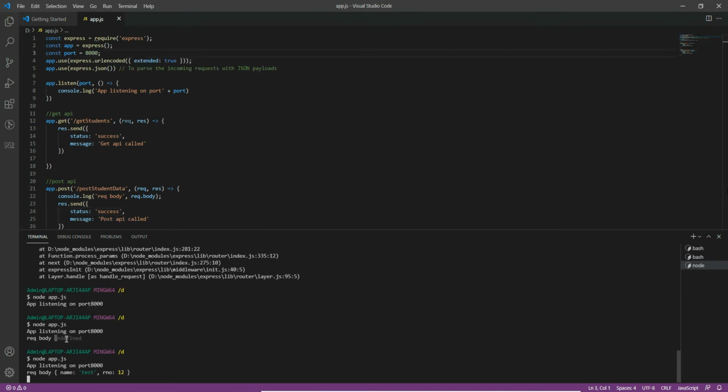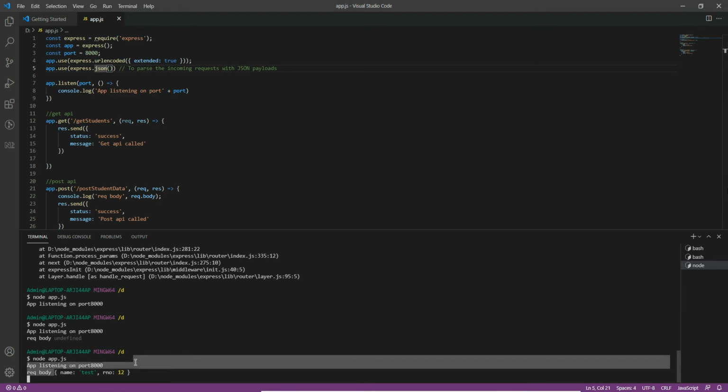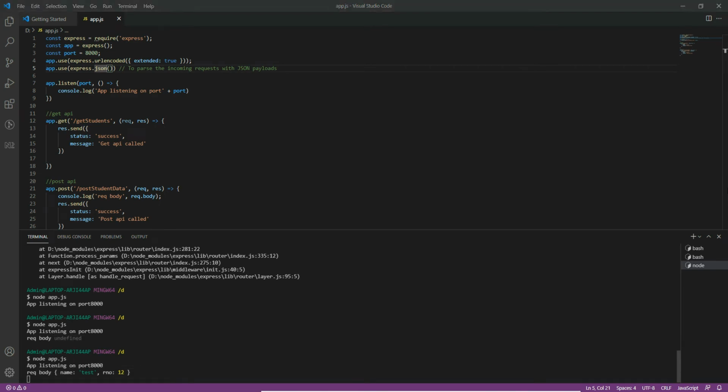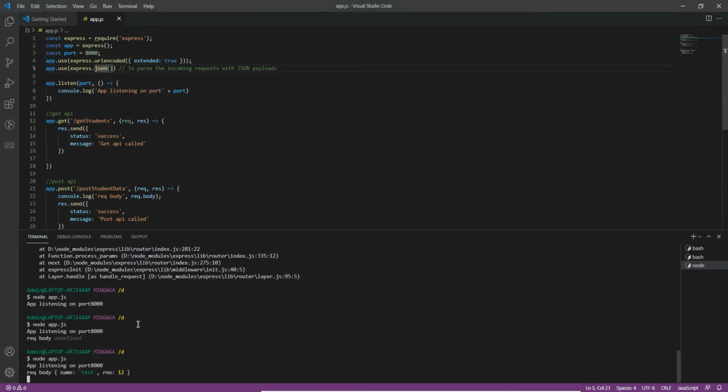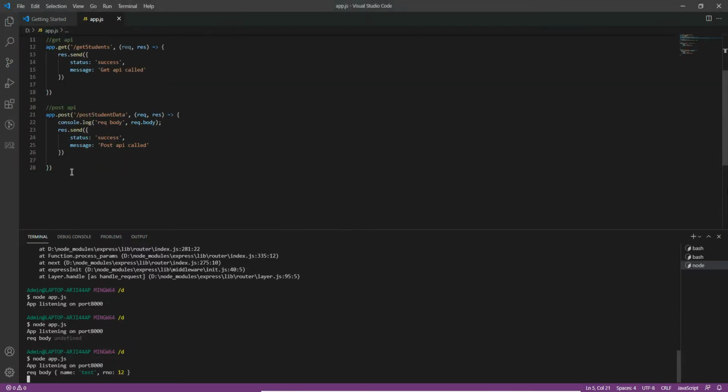So since you got undefined inside request body, now you need to add these two lines, app.use express.urlencoded of extended colon true and app.use of express.json. So now we are getting name, whatever we are sending inside request body. So this is post API. Now let's move on to